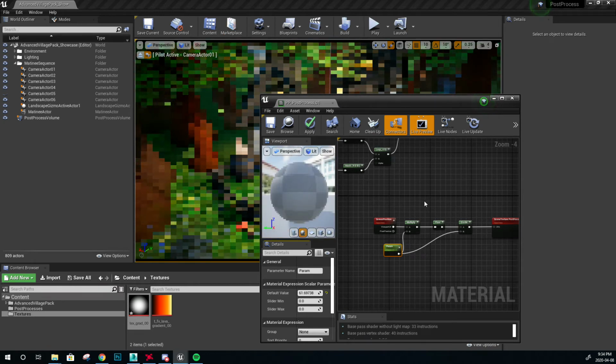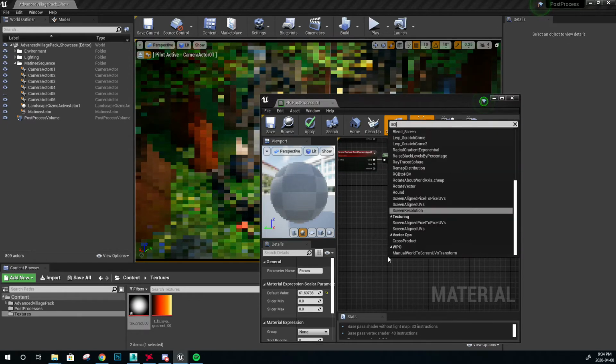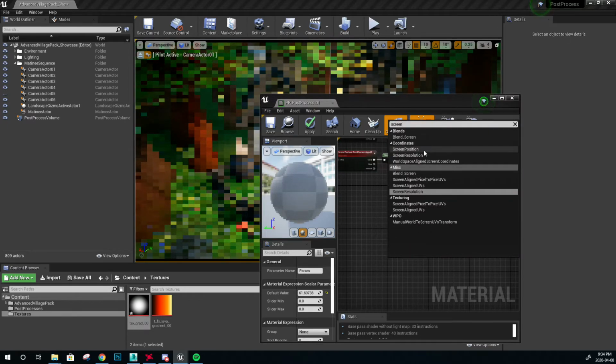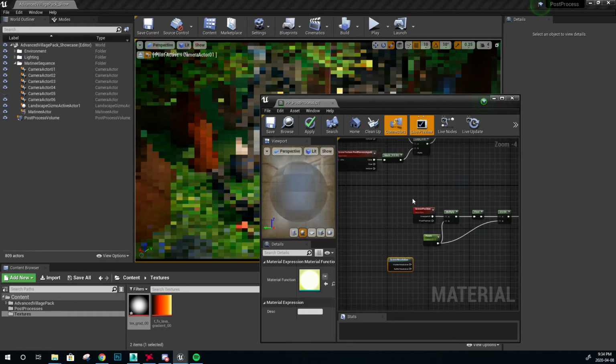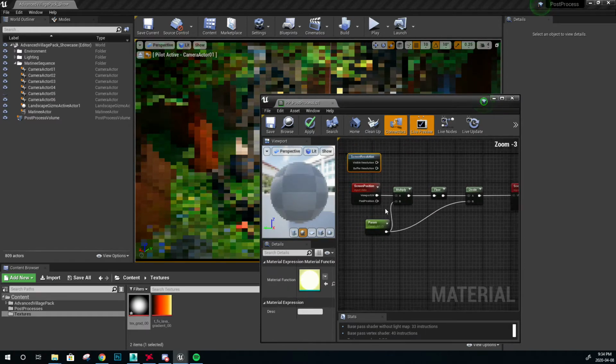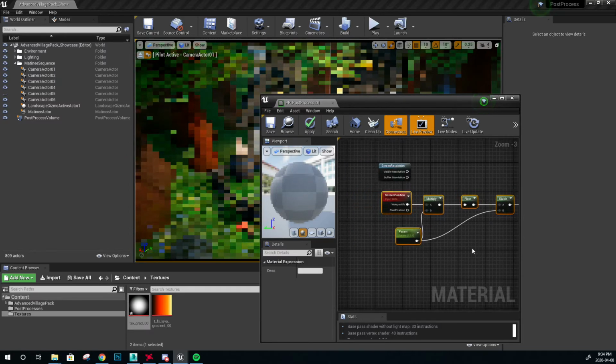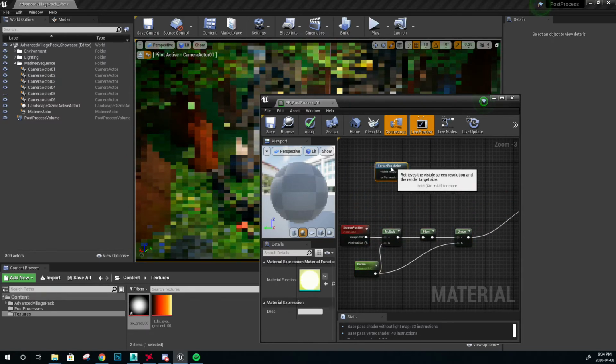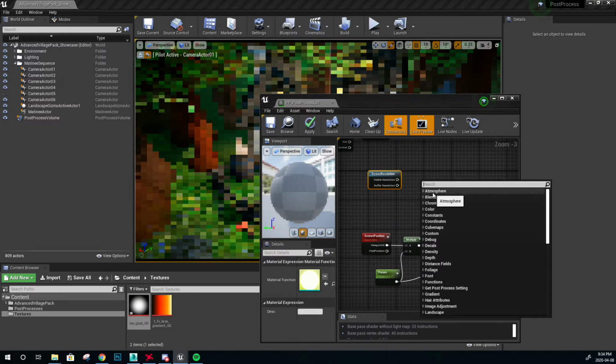We just need to use the screen resolution and do some sort of math in order to get a ratio. So the way I do it, I thought normalize would work earlier, but I don't think it does. So I can simply